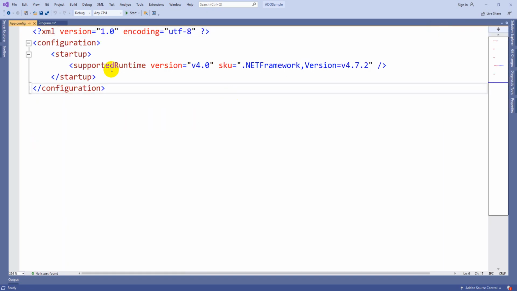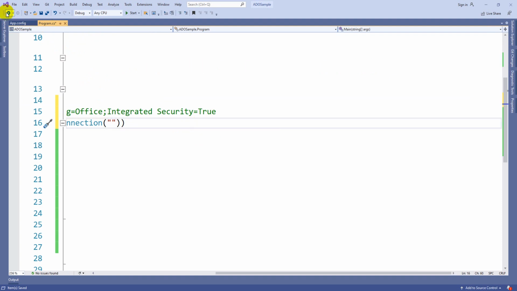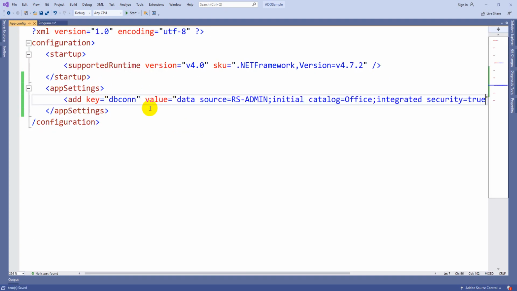So, the application configuration file. It is an XML file, which is why you will have some predefined tags and some user-defined tags also. There is a tag called appSettings. Here you can use add, and key is nothing but a name for the connection string that we are trying to write. Suppose I am using DBCONN, database connection in short form. Value is equal to... instead of writing your connection string here, you can move it to this particular XML file.